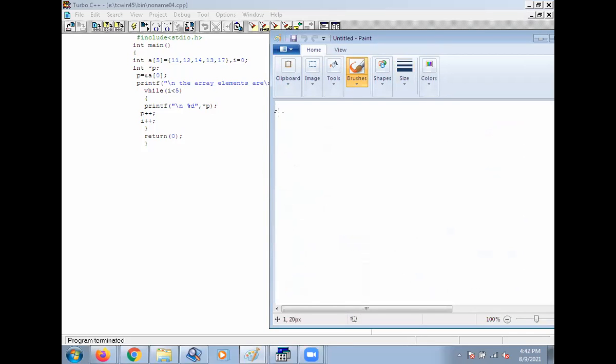Here taken array of 5 elements. So numbers 11, 12, 14, 13, 17. Okay. Then index number, suppose 0, 1, 2, 3, 4.